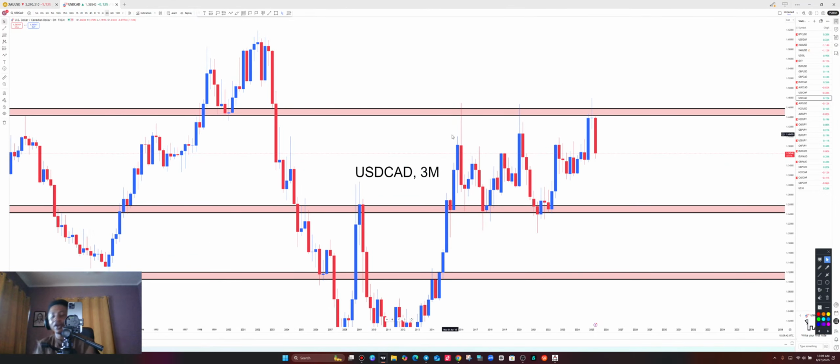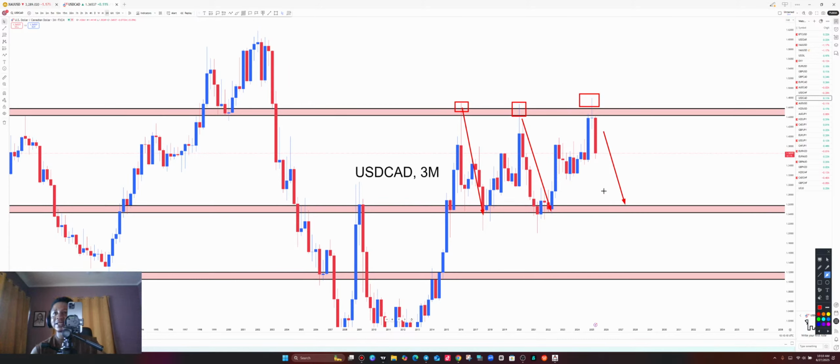This is USD CAD on the 3-month time frame. Let's start the analysis. Now on the 3-month time frame of USD CAD, we have the upper zone, the mid-range zone, and then the lower zone. What we can spot here on the 3 months is that there's a continuous level of sell pressure on the resistance level, which is always what? Reversing the market back down to this support level when contact is made. And price has made contact again for the 3rd time, and we are seeing the exact same thing: sell pressure bringing the market all the way to the downside.